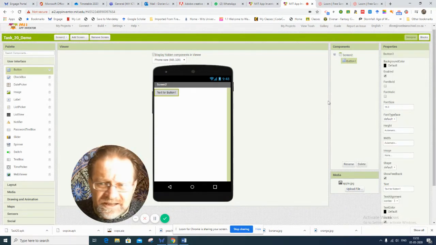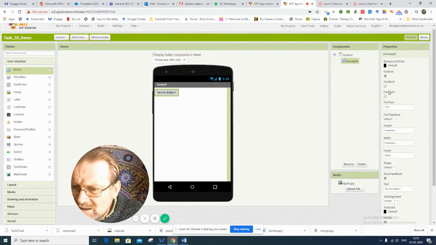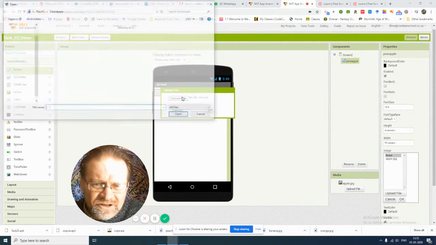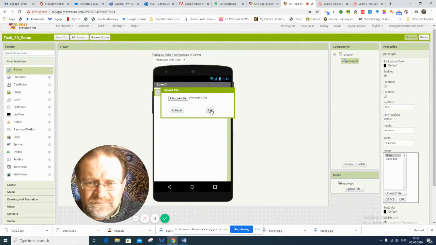So very quickly, button, I'm going to rename that pineapple, and I'm going to go, the height is going to be fill, no, not fill parent, let me leave that out, and the width is going to be fill parent, and I'm going to fetch the image, uploading a file, choose the file. It's going to be a pineapple this time,